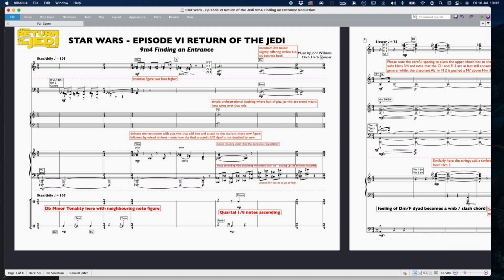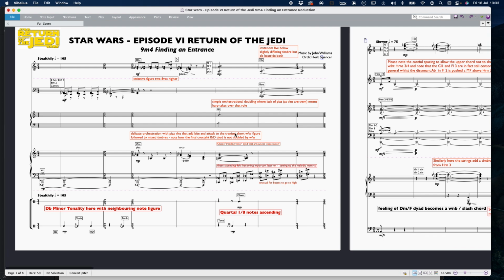Just sort of little neighbouring notes, with a little sort of tambourine, bass drum, that sort of thing. You'll notice that here in the oboes, it's an imitative figure 2 octaves higher, and it's slightly different, with the delicate orchestration here, with little pizzicato violins, which add a little bit of bite and attack to the transience of